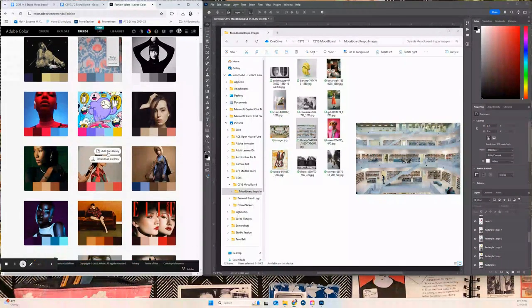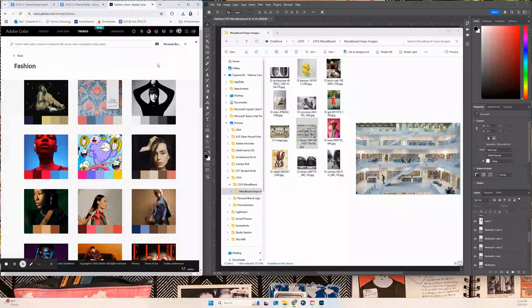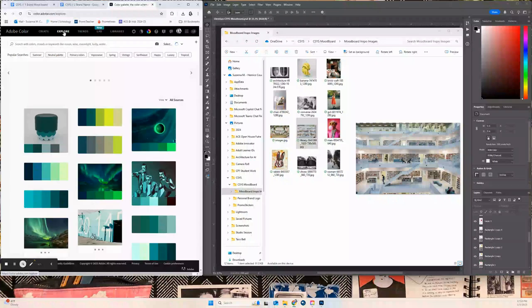So if you like this one, you think that's really cool, go ahead and click add to library. And it will add to your library. Down here at the bottom, it says added to personal brand kit library. I have already done that. If we scroll up to the top, once you click add, you'll see this little plus button. You'll want to do that and name your library here so that as you're saving these color schemes, it's going into that library. But another really cool thing that you can do in here is when you go to explore,